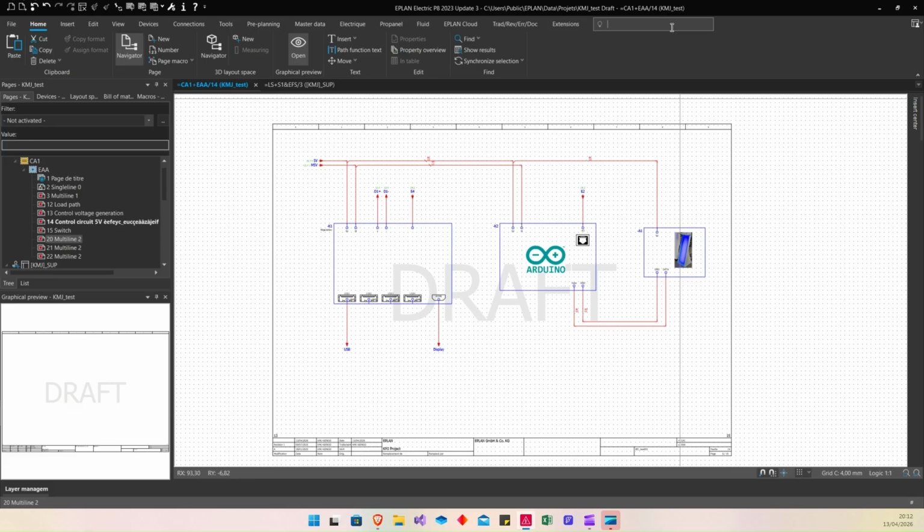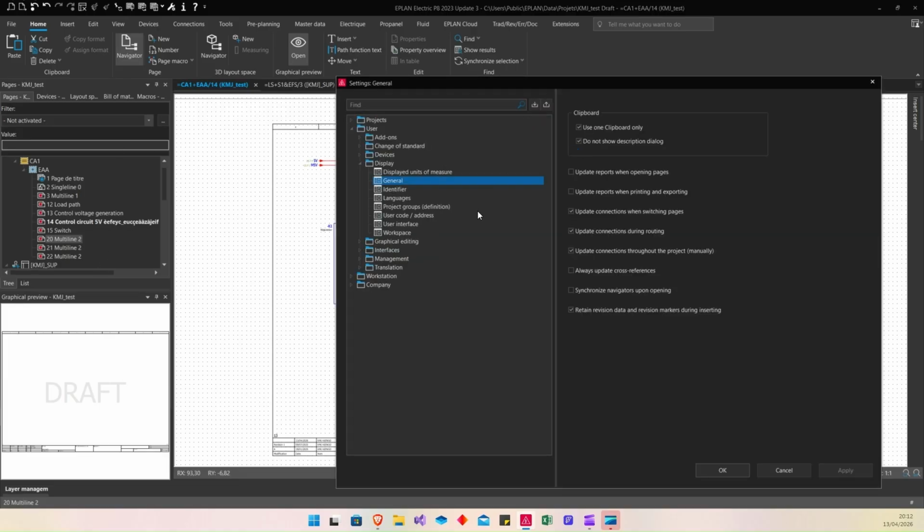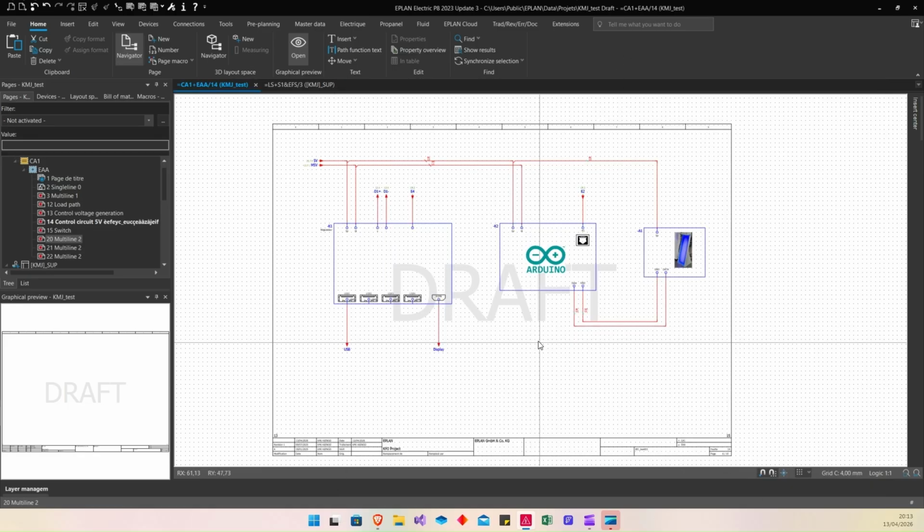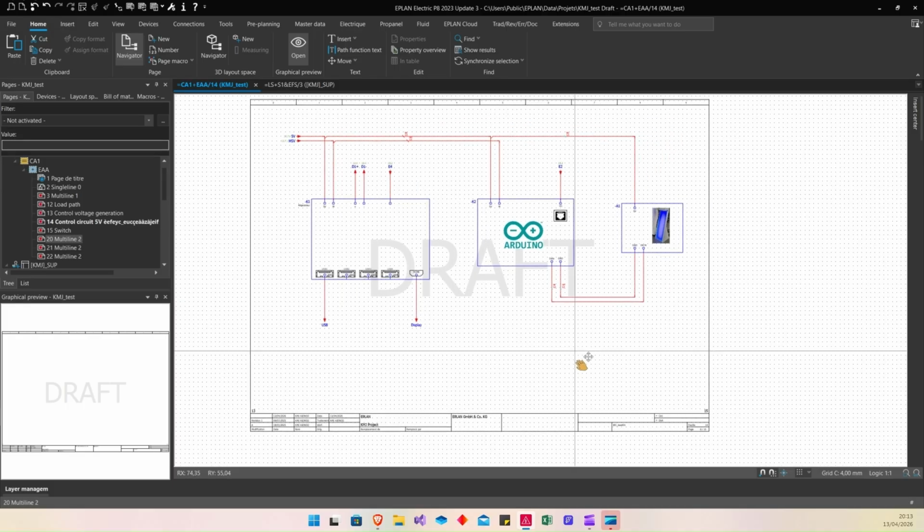To do that, you need to go to settings in your ePlan. Basically, it's in display, general, and in general we have a clipboard option. By default, this is enabled, and if you want to use ePlan clipboard, you need to disable this option, apply, and OK. So after that, you can see that,